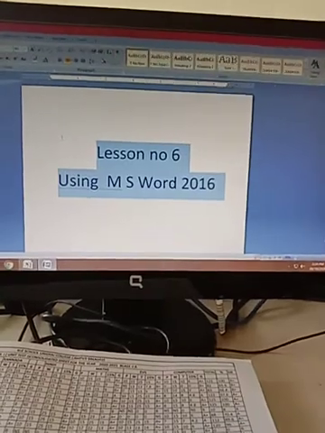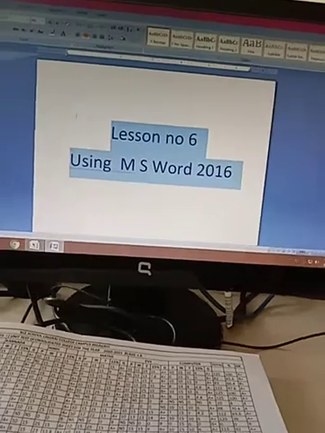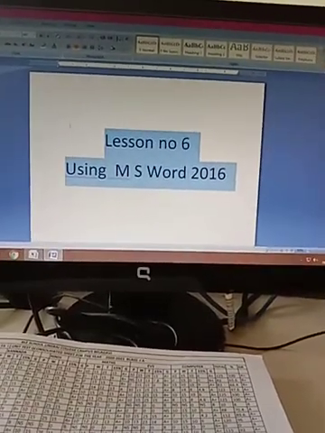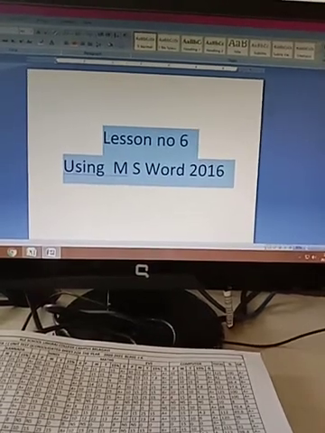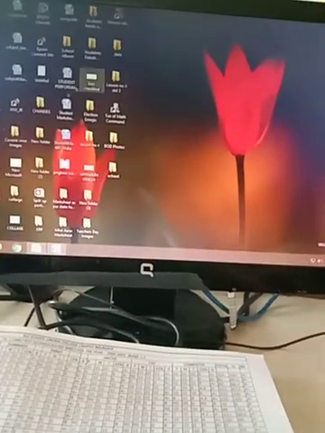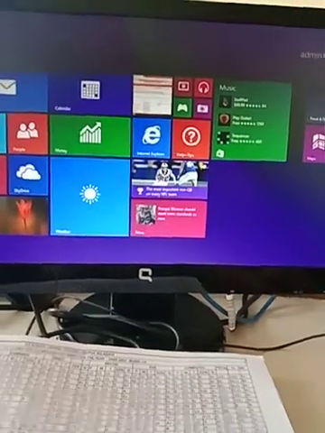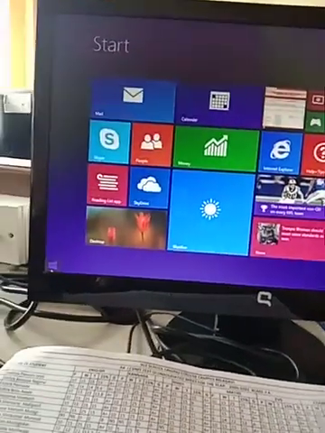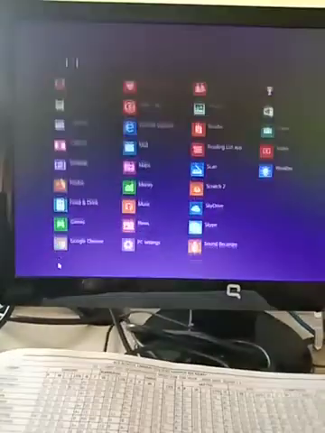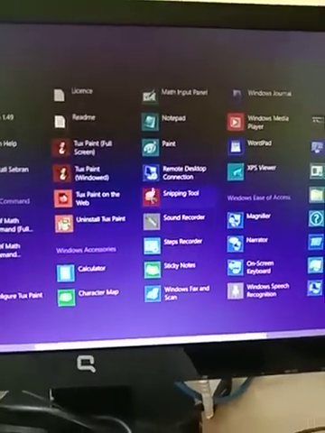Students, as you all know, we can type text in computer using the typing applications. There are many different typing applications. So let me introduce those typing applications. To type, we have already used Notepad. How to start Notepad? Click on the Start. Go to All Programs. Scroll. Here you will get the Notepad.